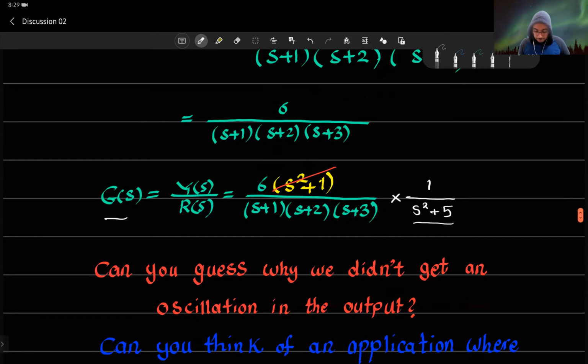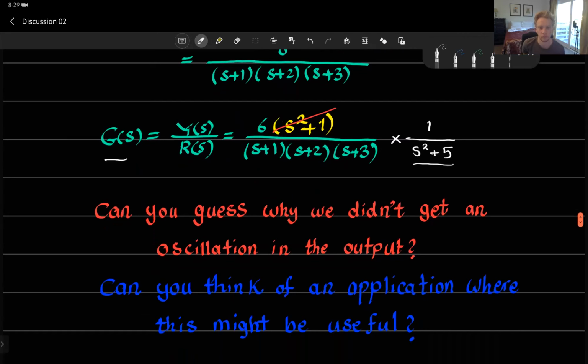So can you think of an application where this might be useful? That we have some system that we would like to completely ignore a particular oscillation, or an oscillation at a particular frequency. We wanted to completely ignore this oscillation so that it does not appear in the output. Some sort of like isolator or